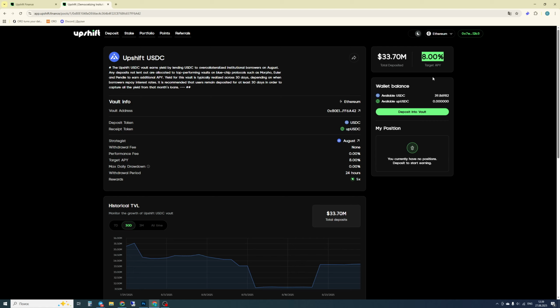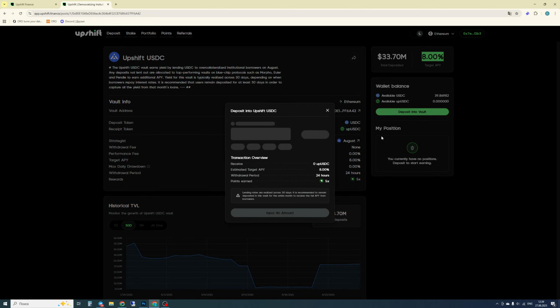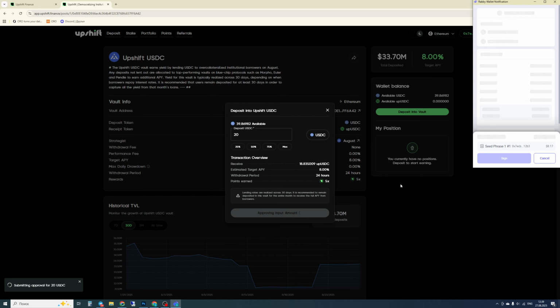Very nice. It's definitely better than just letting your stablecoins gather dust in your wallets. So, why not consider earning some extra income on the side? So, let me show you more visually. We have already connected our wallet. Let's click Deposit. For example, let's deposit a small amount. Deposit 20 USDC into my test wallet as an example.